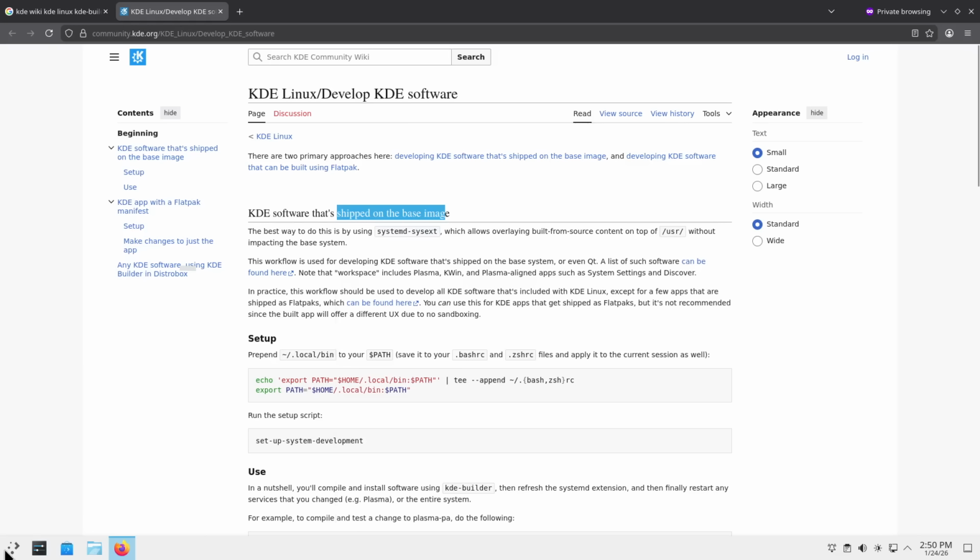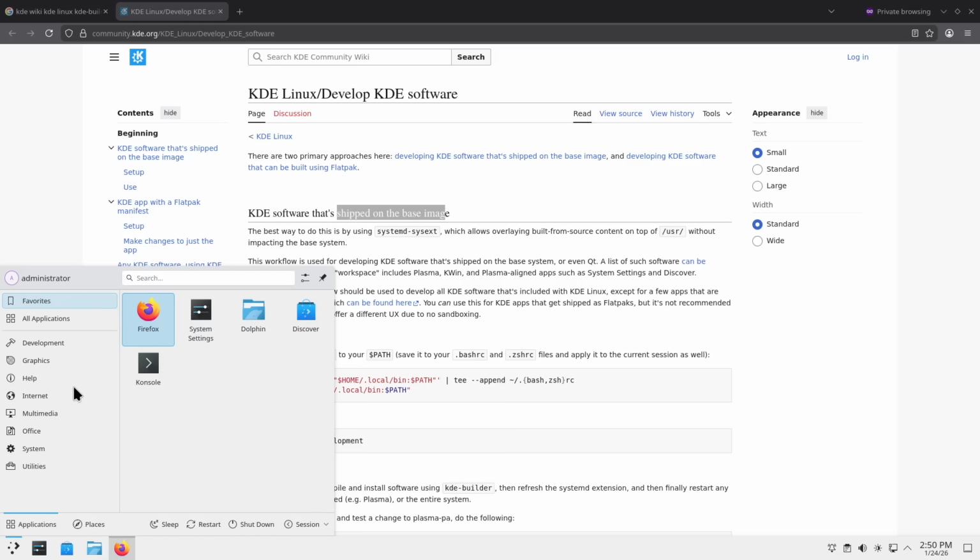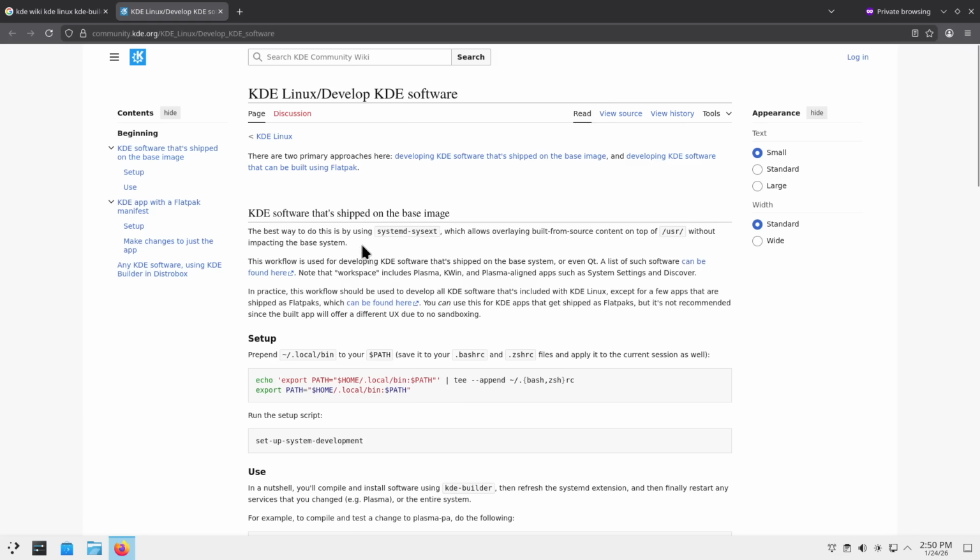the KDE Plasma environment in general, and some of the applications in here, and the supporting libraries, so KDE frameworks and other libraries, are built from source, from Git master branch, and are built using KDE Builder, and they're installed on the system in /usr with everything that's needed to build using KDE Builder, in the sense that most of the KDE frameworks version 6 are installed in /usr, and